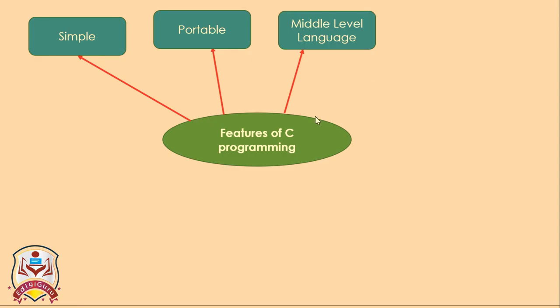The third and most important feature of C language is that it is referred to as a middle level language, since it uses the features of high level language as well as the features of low level language. C is referred to as a middle language. C uses the features of high level language, such as focusing on